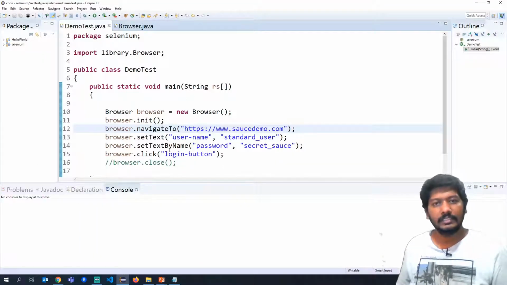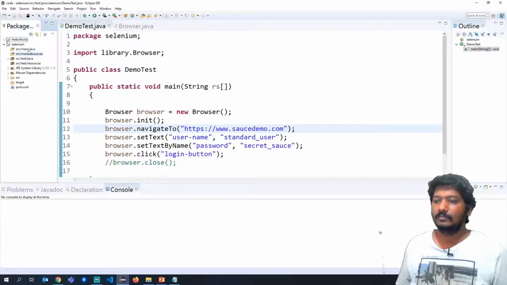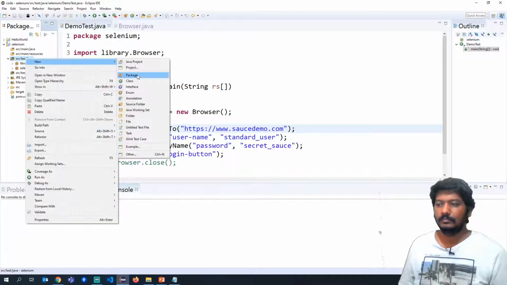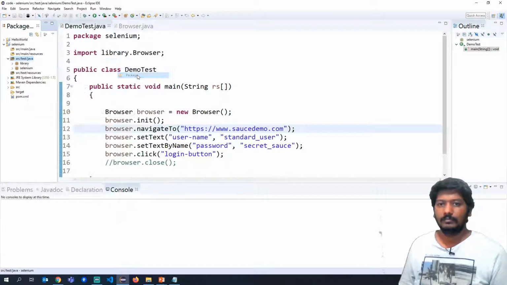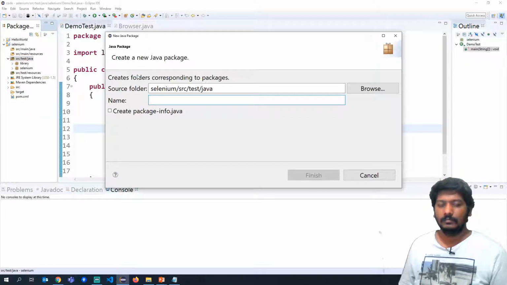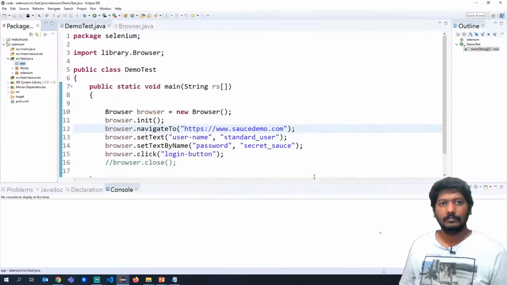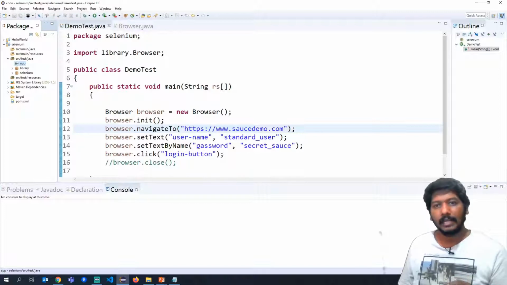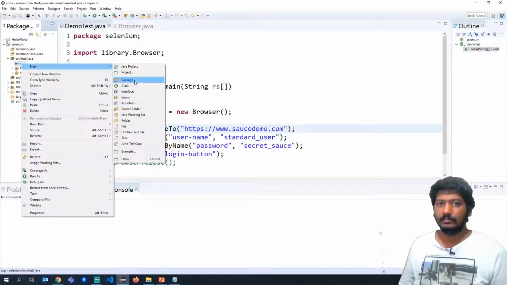So we will first create a package. I will create a package called application or app. Under this app package, I'll create something called pages.